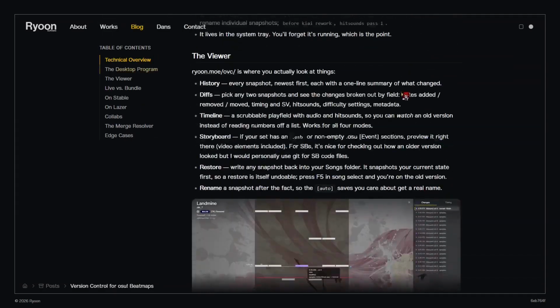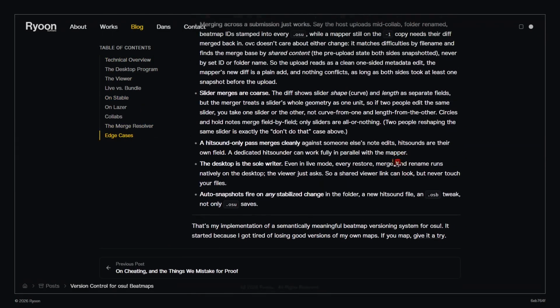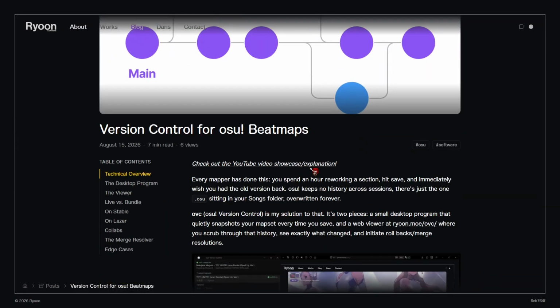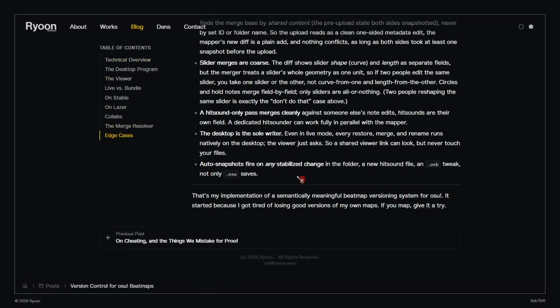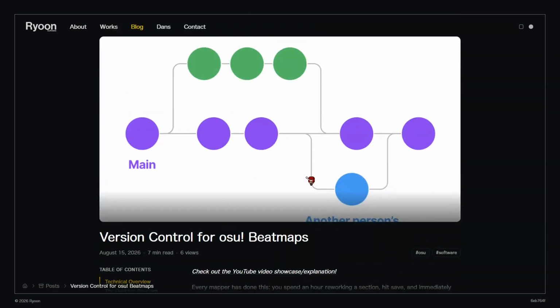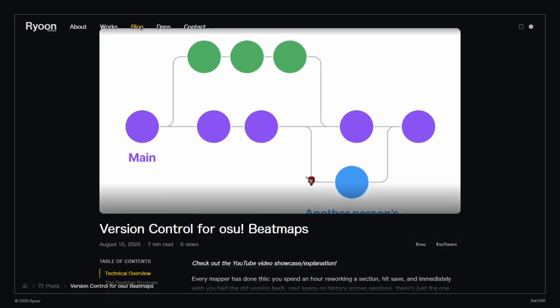You can read this blog post. Essentially, this video is going to be a video form of this blog post, but a little bit more detailed. There are some edge cases. This program works for all modes: osu!, Taiko, Catch, Mania, 1 through 18 key, I'm pretty sure. And for lazer, it does work, but I do explain here,